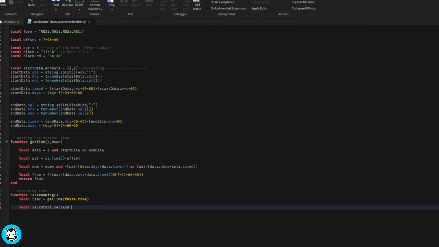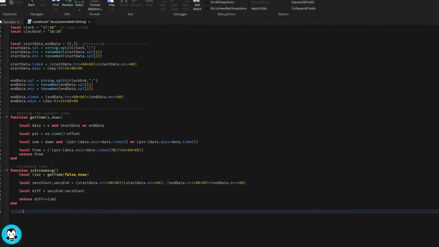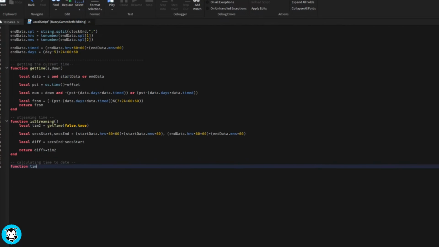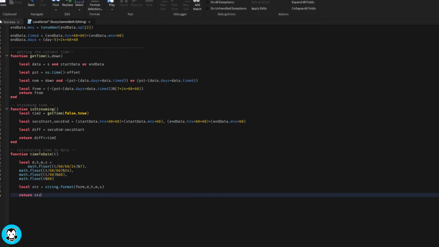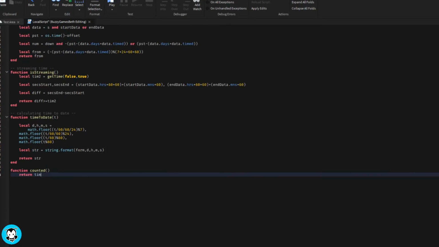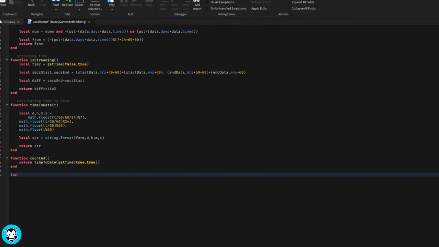Then for our third function, we're going to create it so that it shows us how many days, hours, minutes, and seconds are left to our next live event. It's going to set that as a string, and then we'll be displaying that string text inside of our text label